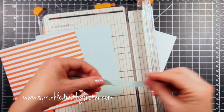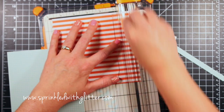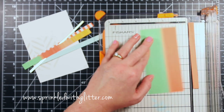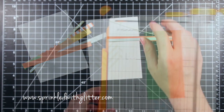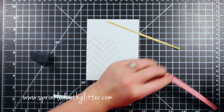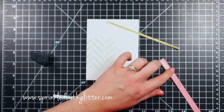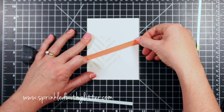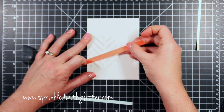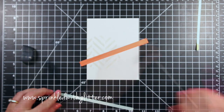Now I have these various papers from the Chickenity Scrumptious paper pad, and I'm cutting the orange and white and this blue grid paper. I'm going to cut a little bit of the solid orange out of the striped paper. And I also have a strip of some gold foil cardstock. This is actually from Die Cuts with a View, the gold foil, but you can use any gold foil cardstock or even gold glitter. But I wanted to tell you that I did not use gold glitter in this at all. So now that I have these strips cut down, I'm just using a little tape runner adhesive and adhering them